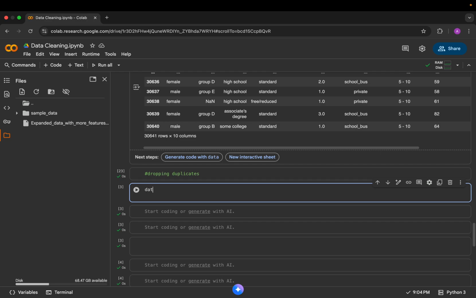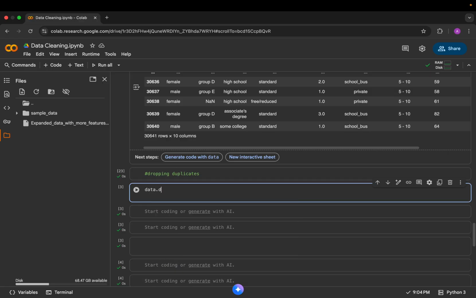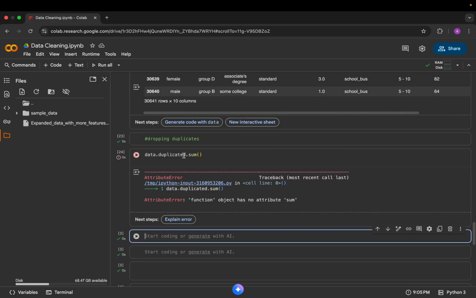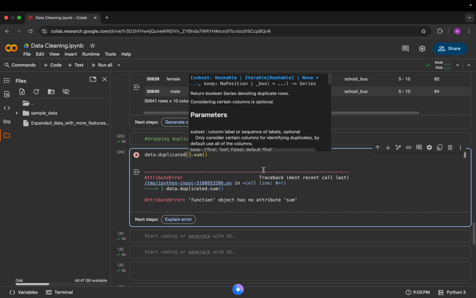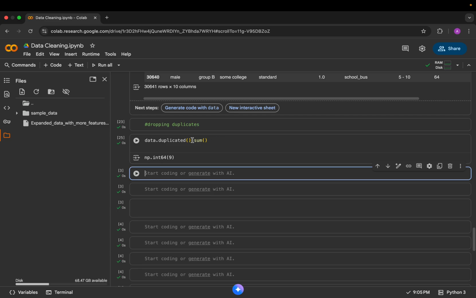So we will check first of all if there are any duplicates or not. duplicated dot sum. Oh, we have forgotten the parameter. Yeah, so you can see the integer 9, so there are 9 duplicates in our data,